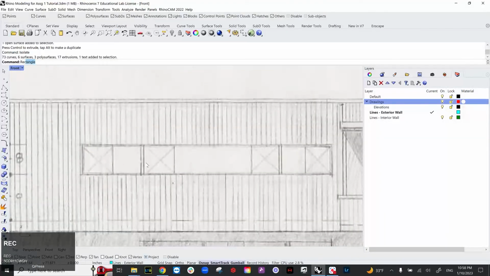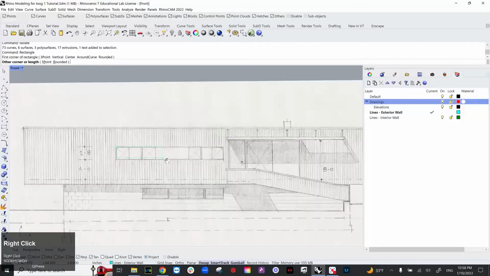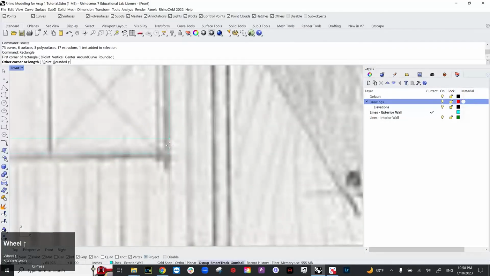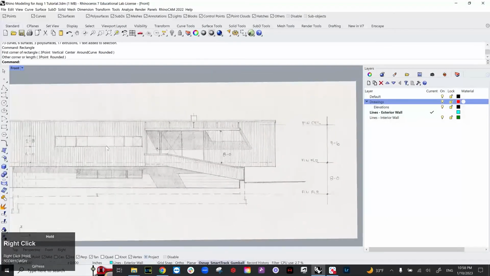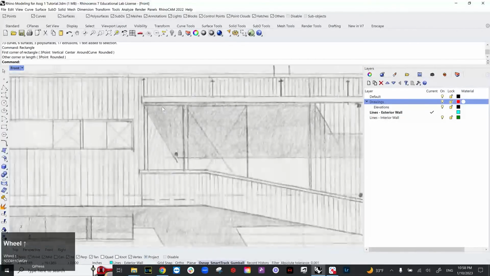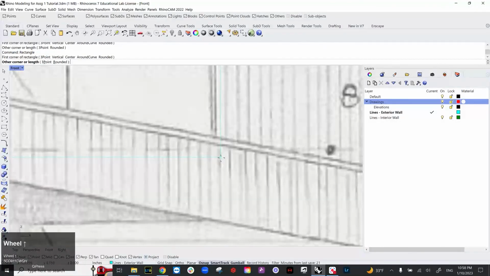And I'm going to draw a rectangle over here from this point to this point. And I'm gonna do the same from this point to